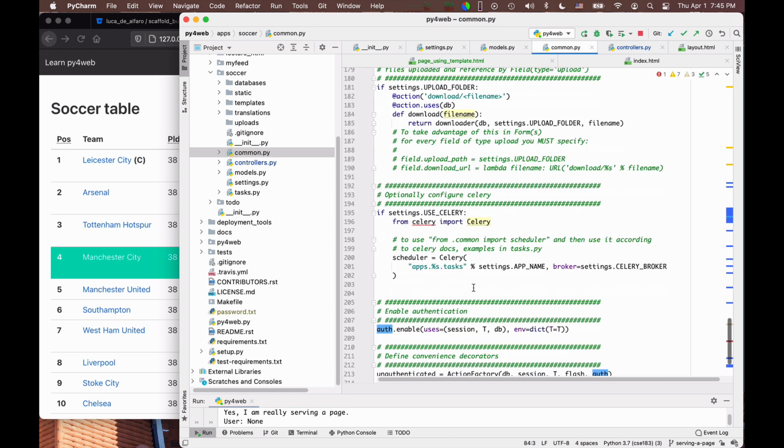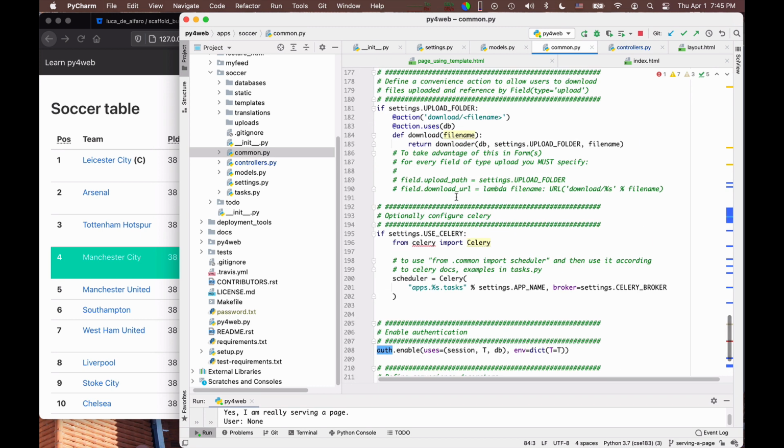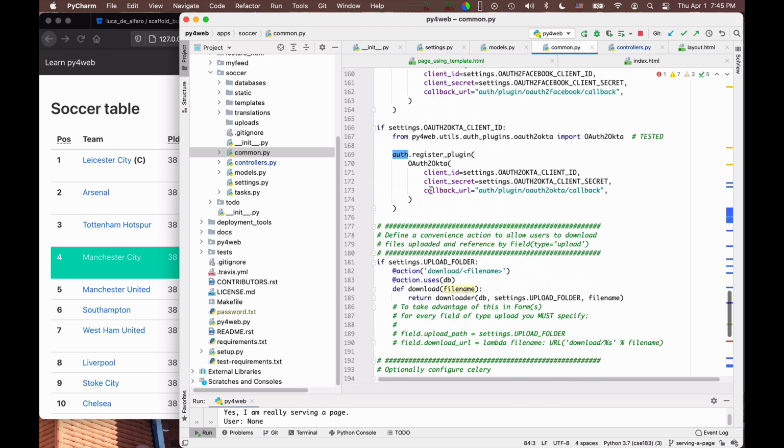Okay, so common contains essentially these generic definitions that you need very often when you develop pages, because it contains the definition of the database, of the session, and of the authentication.